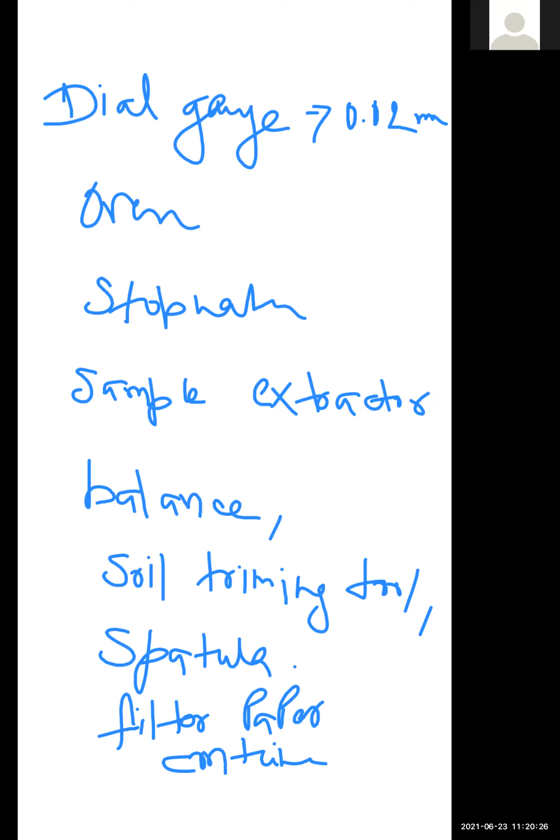When load is applied on a saturated soil mass, the entire load is carried by pore water in the beginning, and as the water starts escaping from the voids, the hydrostatic pressure in water gradually dissipates and the load is shifted to the soil solids, which increases the effective stress on them, and as a result the soil mass decreases in volume. So the rate of escape of water depends on the permeability of soil also.